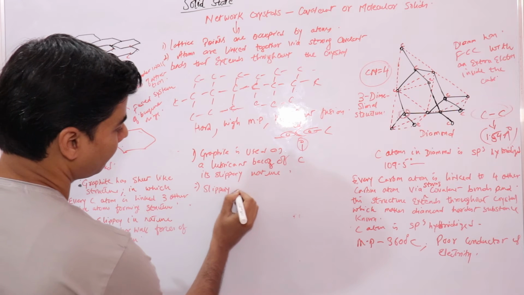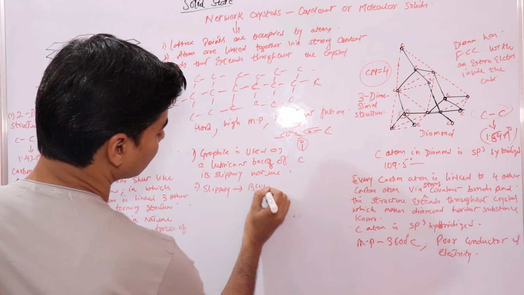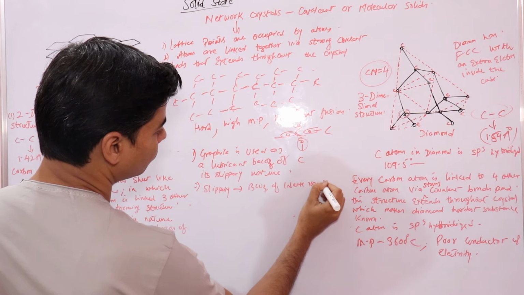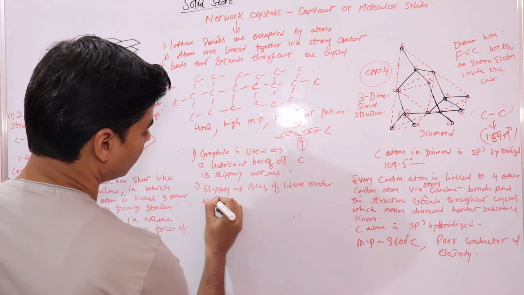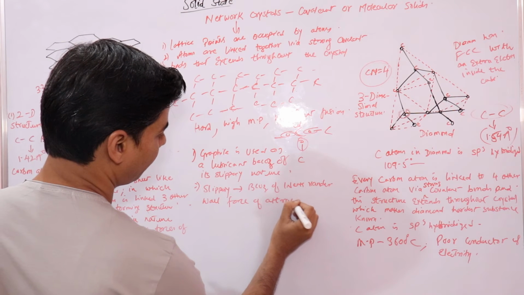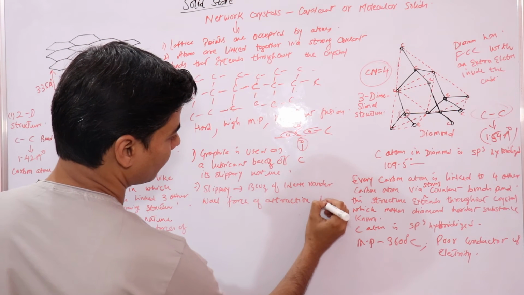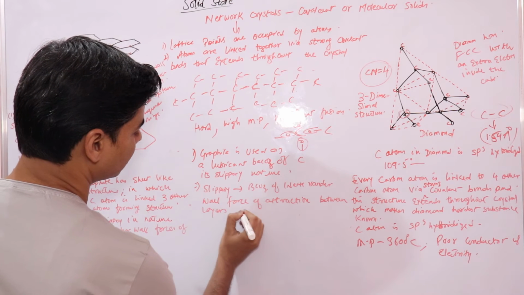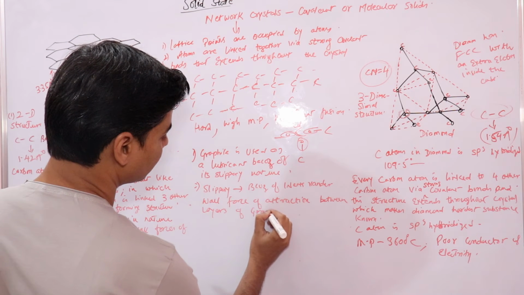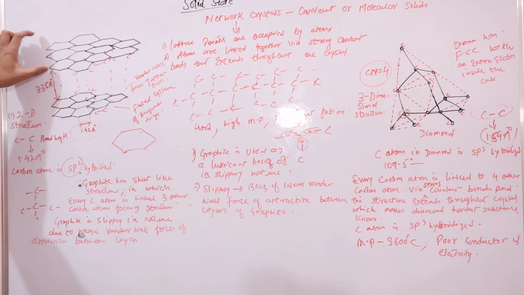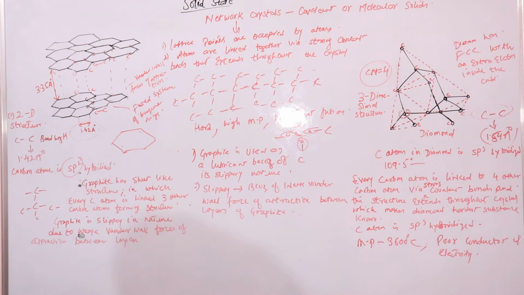It is slippery because of weak van der Waals force of attraction between layers of graphite. Between these layers of graphite we have weak forces of attraction, due to which one layer can